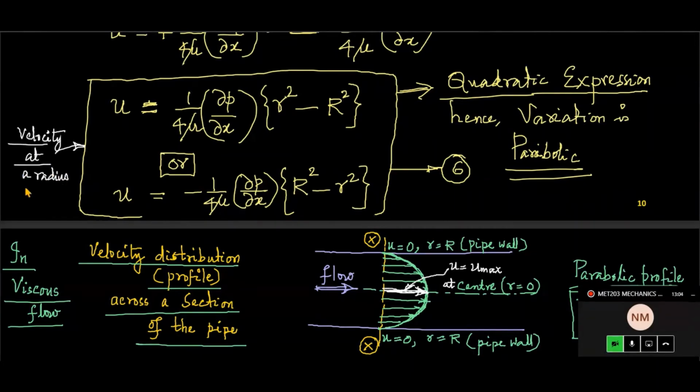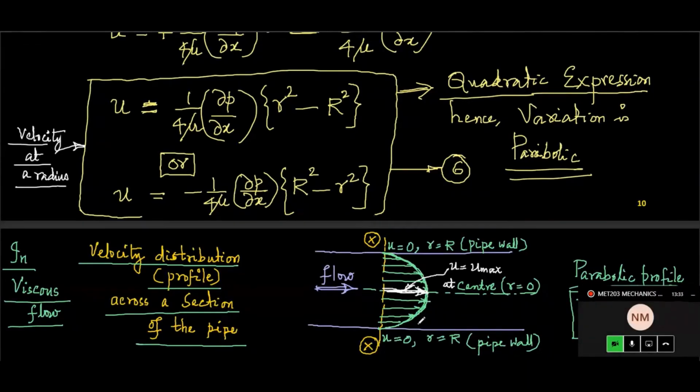So when you talk about various layers which are at different distances from the center, the velocity may not be the same. For example, even if you make use of your common sense, you can tell when you consider a pipeline flow, the fluid layers at the center will be having more velocity. So here, that's what is depicted.